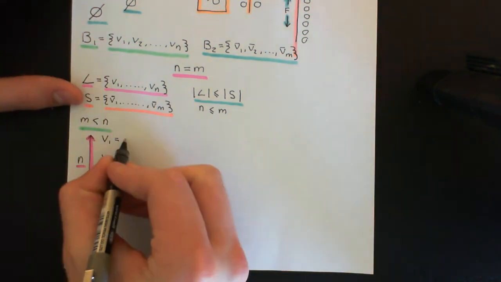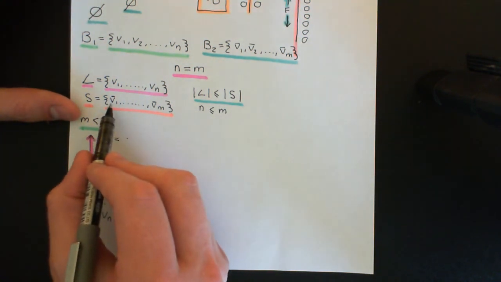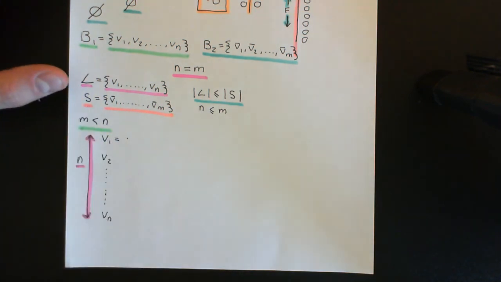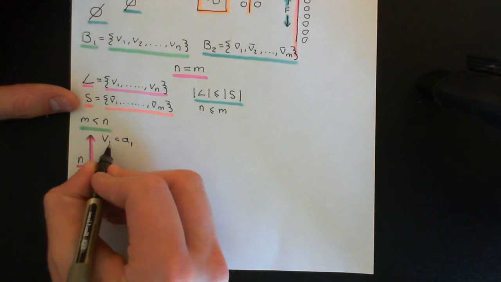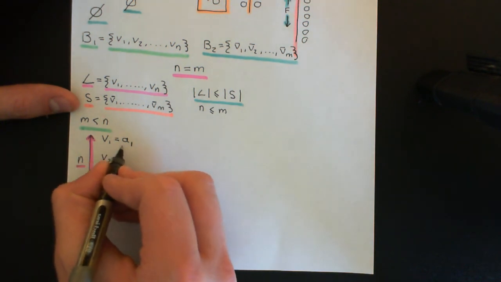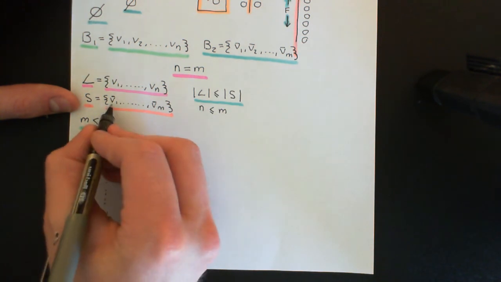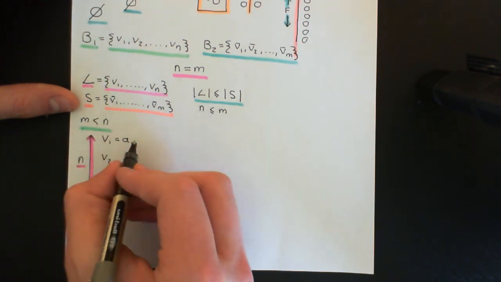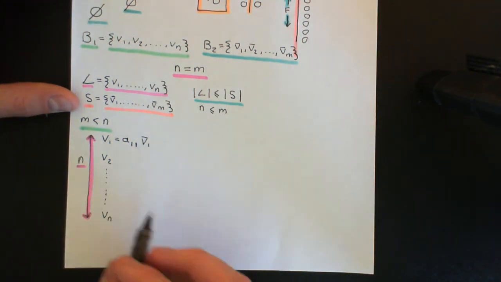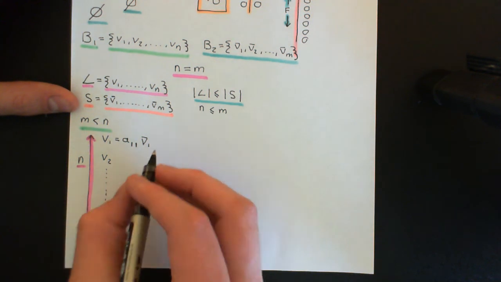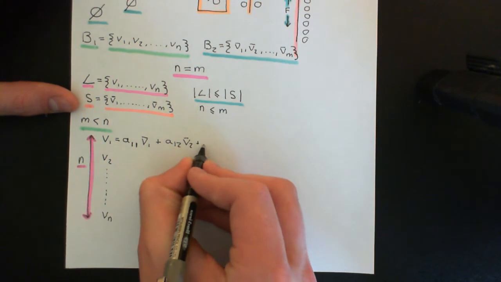I'm going to notate the scalar coefficients that I'm going to put in front of all of these v bars, all of these vectors from the set S, as A, and it's going to have two subscripts. The first subscript tells me which vector I'm writing as a linear combination, so this 1 refers to the fact that this is going to be v1, and the second subscript tells me which vector in the set S this coefficient is actually in front of. So let me write this out and you'll see what I'm doing. v1 is going to be a11 times v bar 1 plus a12 v bar 2 plus all the way up to